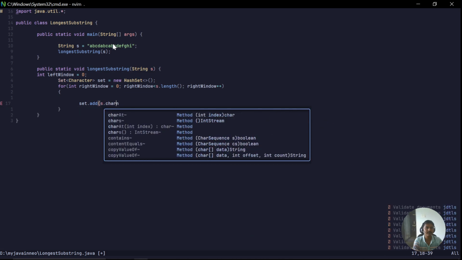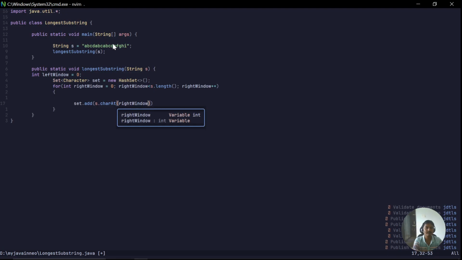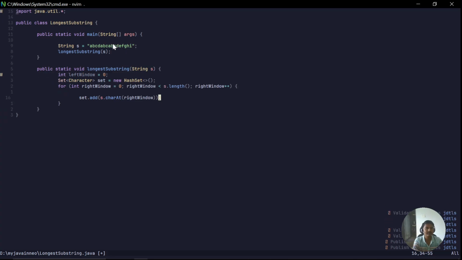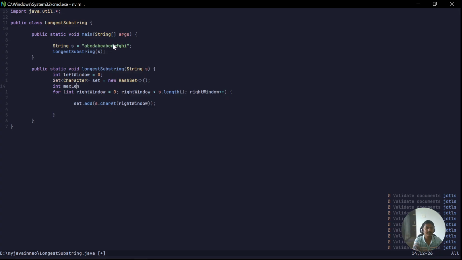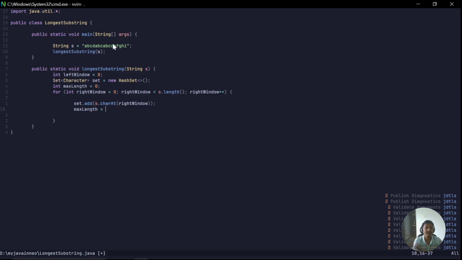S dot char at right window, and we'll also have to keep track of maximum length. So for that, let's create a max length int variable. Initially it will be 0, and this max length will be,